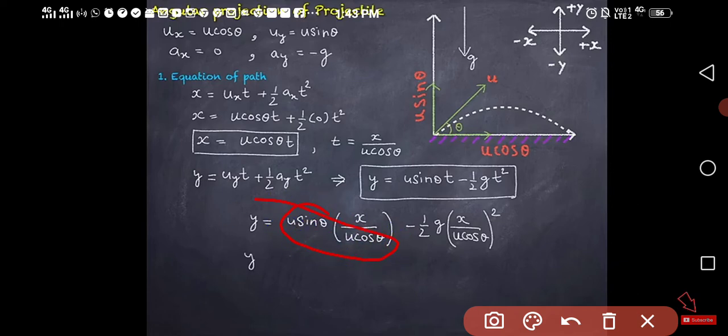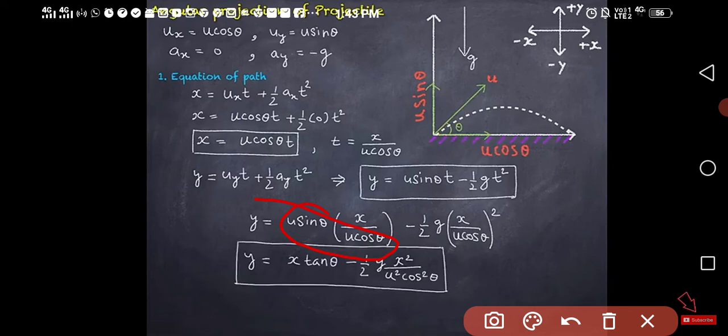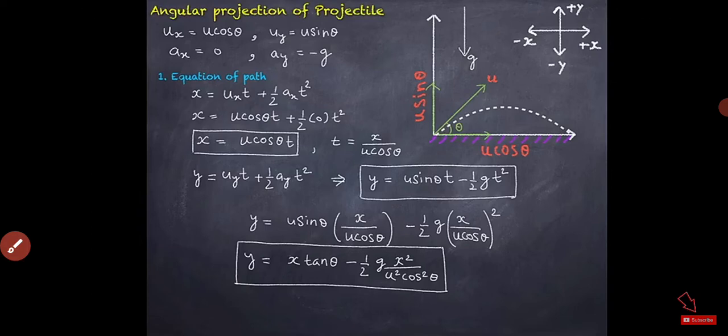U and u will cancel out, so you will get x tan theta minus half g x square upon u square cos square theta in denominator. Once again you can see that here it is x square, and whenever the term x square comes, it means it is the equation of a parabola. Hence the path followed by the projectile is parabolic in nature. So that was the first case, when we have thrown the